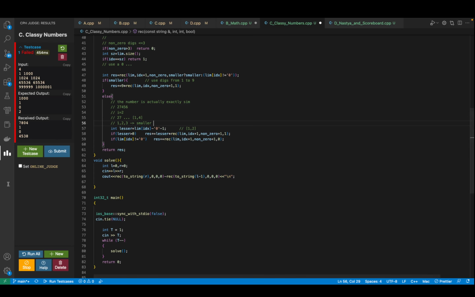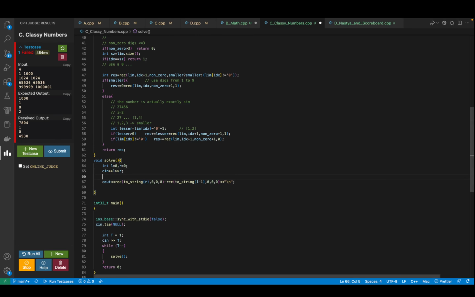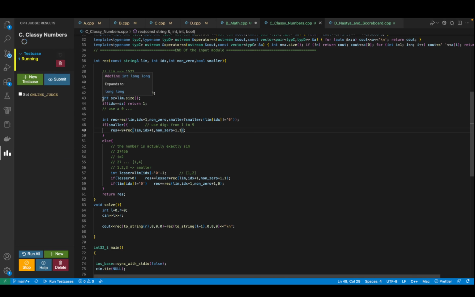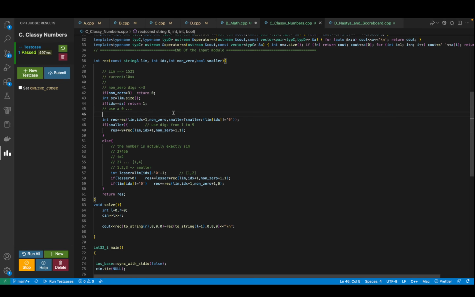Okay, so one way of debugging is that, let me see if non-zero was 0, right? Okay, non-zero is set to plus 1, that's fine. Okay, yeah, over here I had to do an index plus 1. I'm going to the next index. Hadn't done that. Let's see. Passed, right?